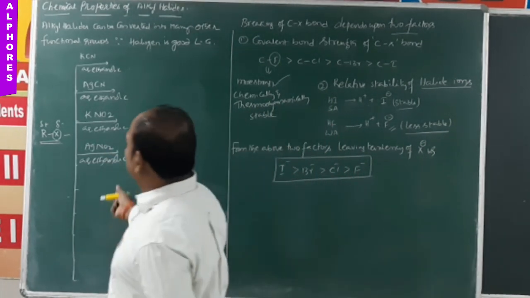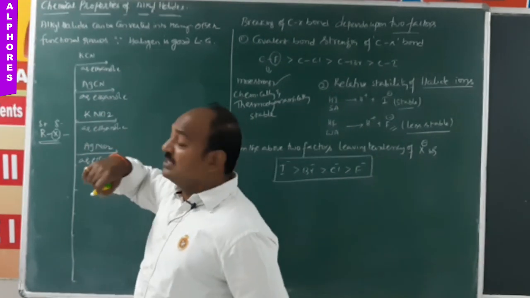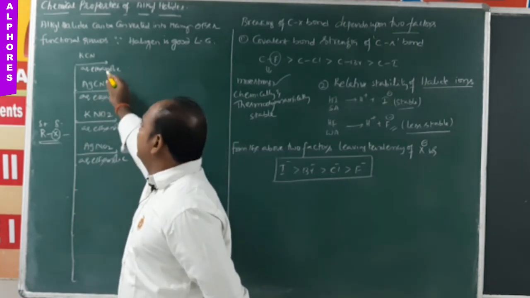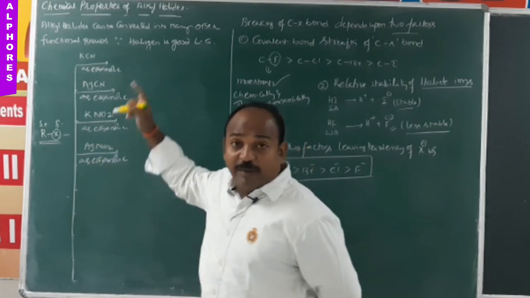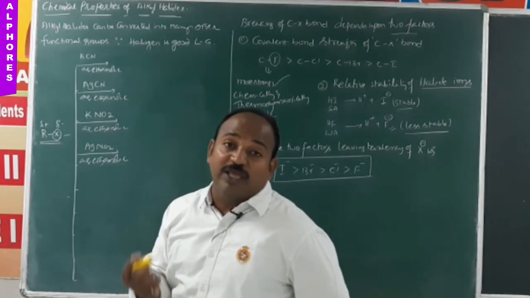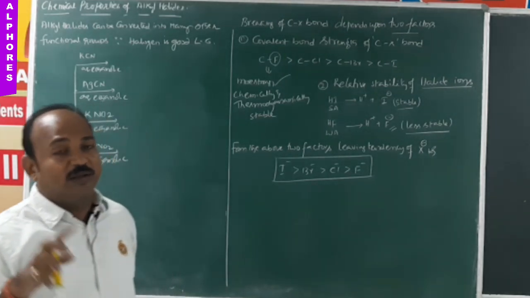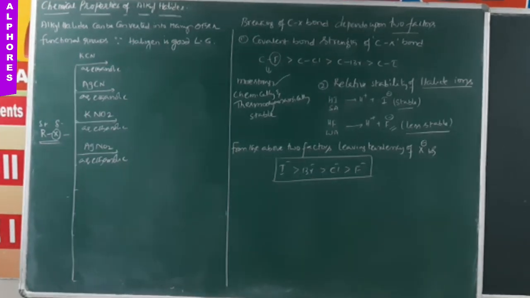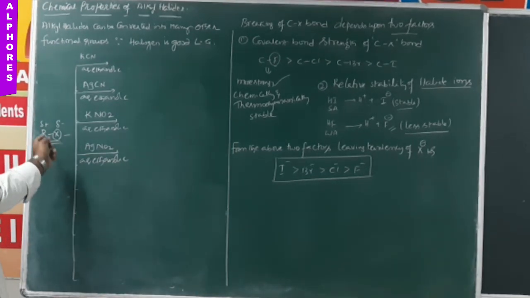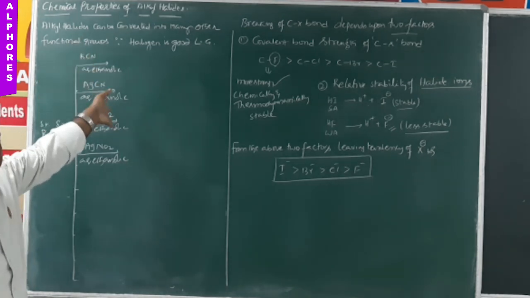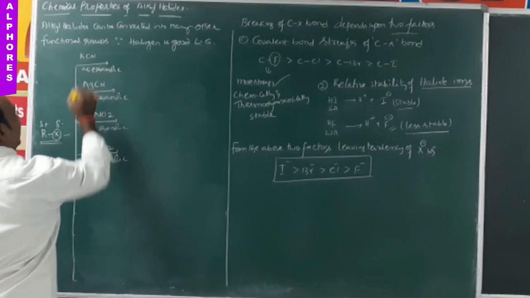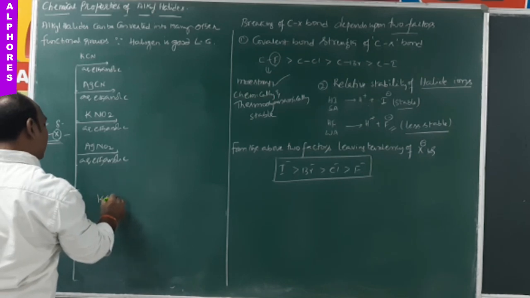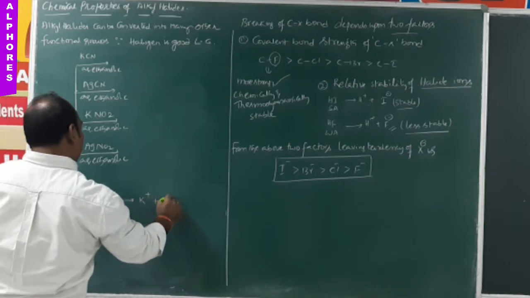So now let us consider these four reactants with alkyl halide reaction. What are the products you are expecting? So with KCN, aqueous ethanolic solvent. Why did I mention aqueous ethanolic? Because ethanol, meaning alcohol, and water are miscible with each other in all proportions, and this mixture is a good solvent for both covalent alkyl halides and ionic compounds like KCN, KNO2. Now KCN readily dissociates as K plus and CN minus.